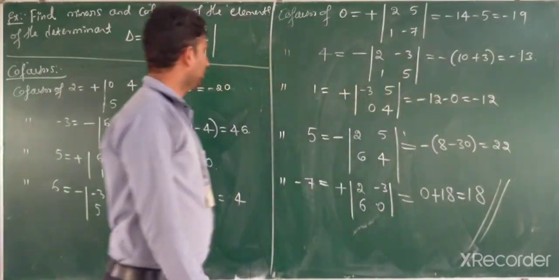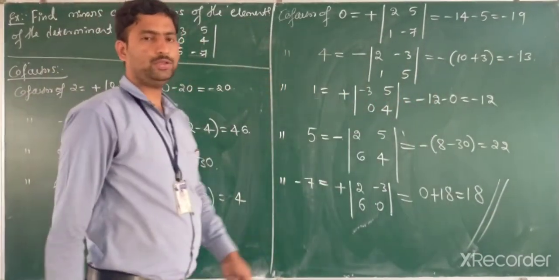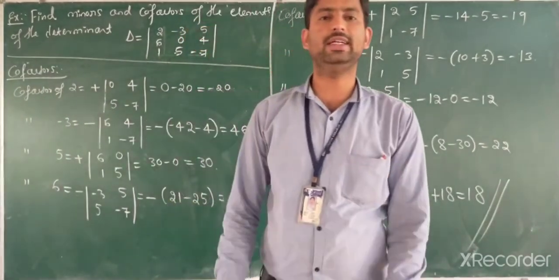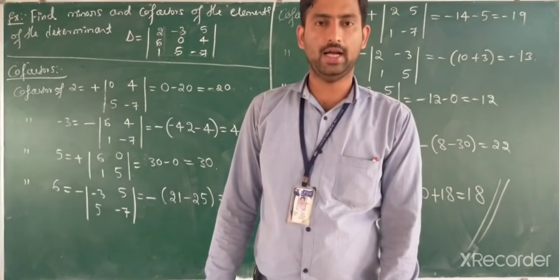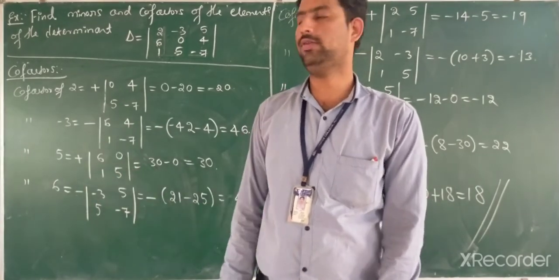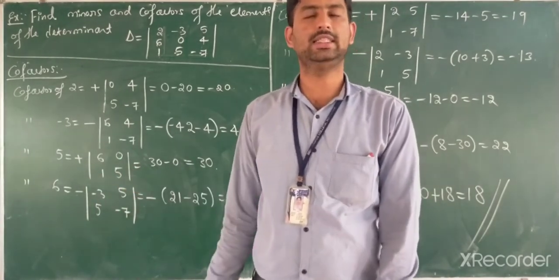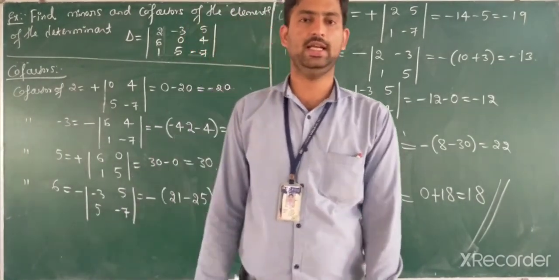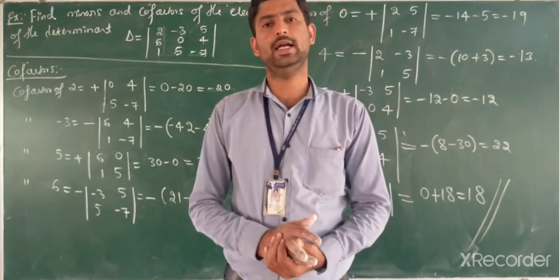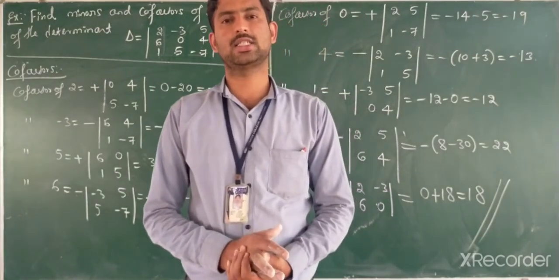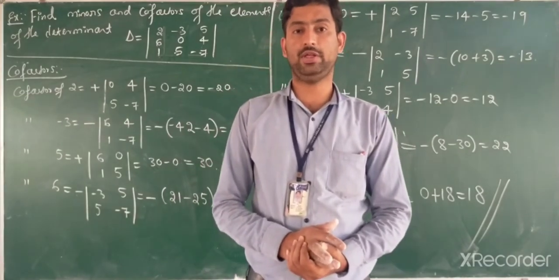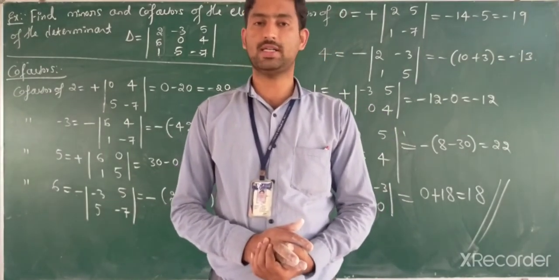These are some cofactor values. These cofactors and minors are interrelated with each other. I hope you are getting the point of this concept of finding the values of minors and cofactors. In the next class, we will see the adjoint matrix and some of the important problems on minors and cofactors, which are very important for your 2 marks category.